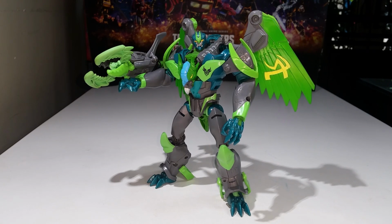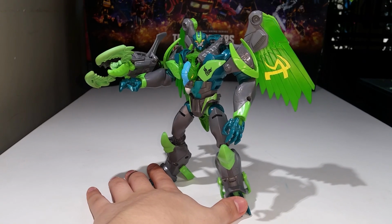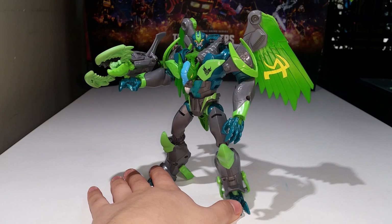Articulation, pretty good articulation here and there. The only thing he's missing is a waist swivel, but I don't really need a waist swivel in a robot, because why would a robot rotate his waist a lot? So I don't really care for a waist swivel. But yeah, the transformation is ridiculously simple, but it's definitely fun to mess with. I would definitely say this is an enjoyable figure to mess with, and yeah, I really dig it. I digs it